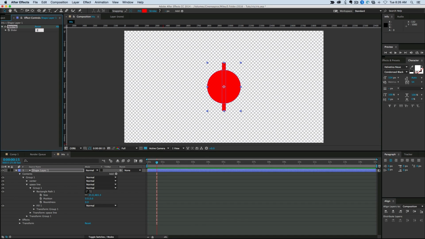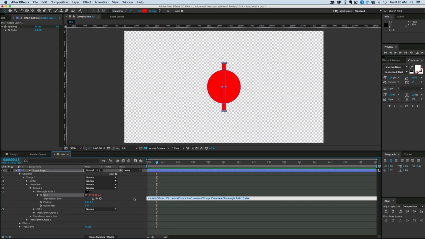And let's set that to 20 up here. And what determines the spacing is the size of the rectangle path, that first value. This is set at 35.9, but I want it to be determined by that slider. So let's add an expression to the size. Hold down Alt or Option, click on the stopwatch, and then to add the expression, we're going to put